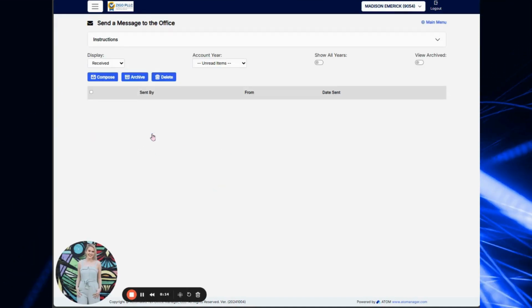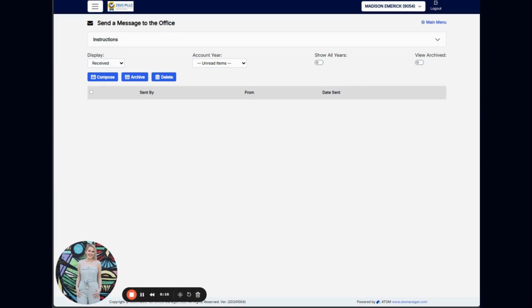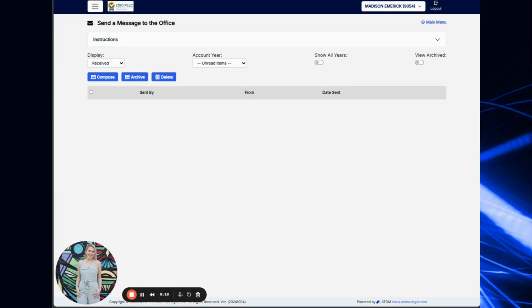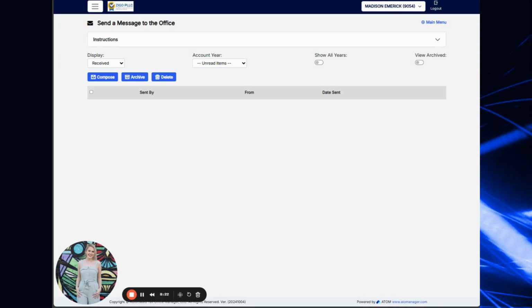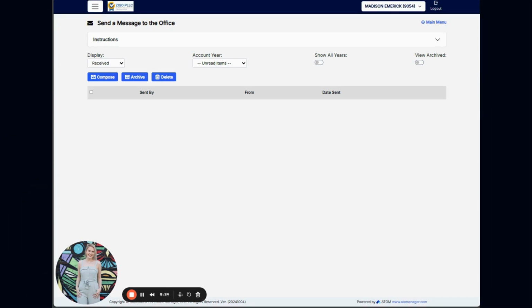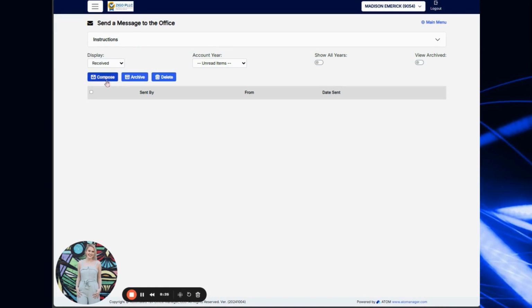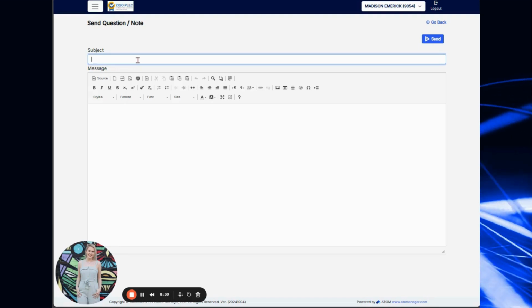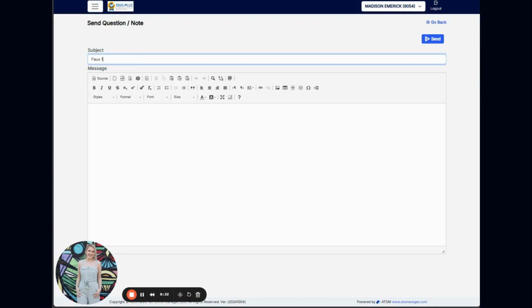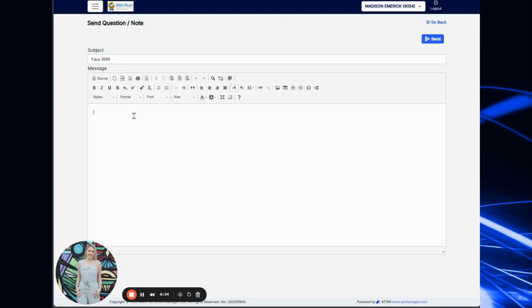Okay. So if it happens to be after hours, or I'm already on my computer and it's a holiday, or for some reason I need to get in touch with the office, I don't want to call or email, this is a great way to go ahead and send a message. So I can go ahead and hit compose, and I'm going to be talking about my 1099. I'm going to say